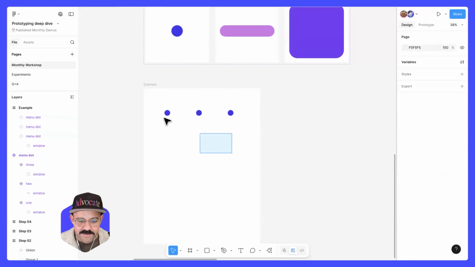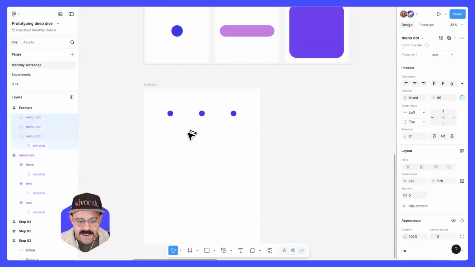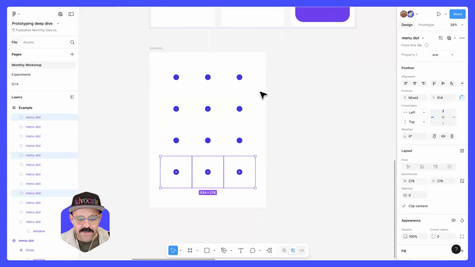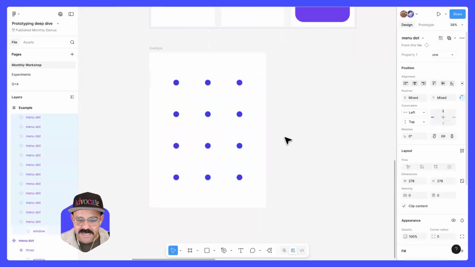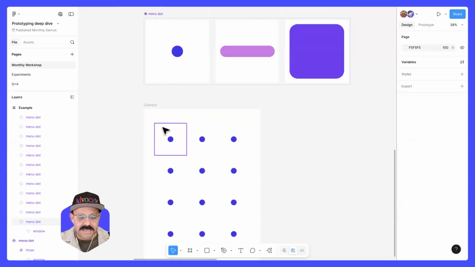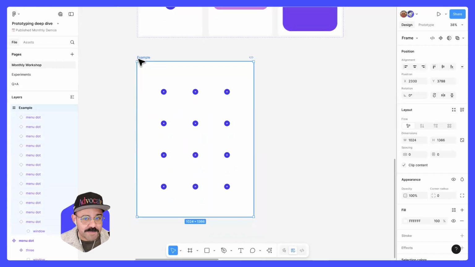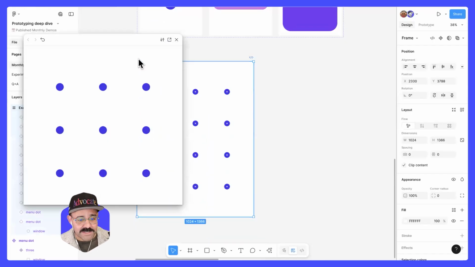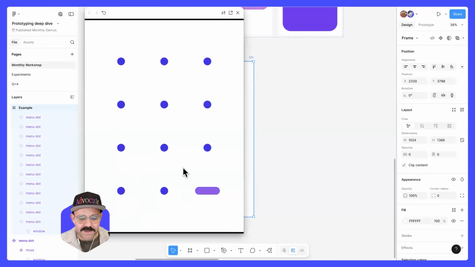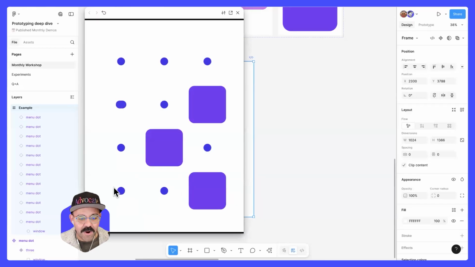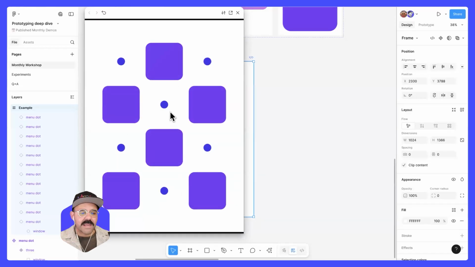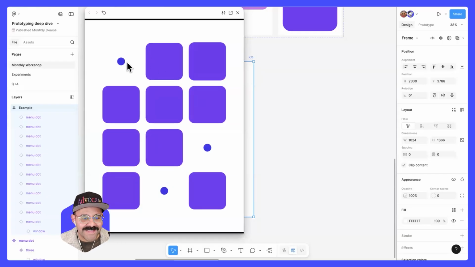So I'm going to duplicate this, right? You see I have a couple of these dots here, and I'm going to duplicate this down. And once again, the reason that I'm using this sort of simplicity of the interaction here is start simple and then add complexity. Don't make a truly complex component to begin if you're testing out a new interaction or experimenting with an idea. I'm going to preview this plane right here. And you'll see when I click on them, right, they're opening up. Now, as I'm clicking on that, right, each of those nested interactions exists within that same page,